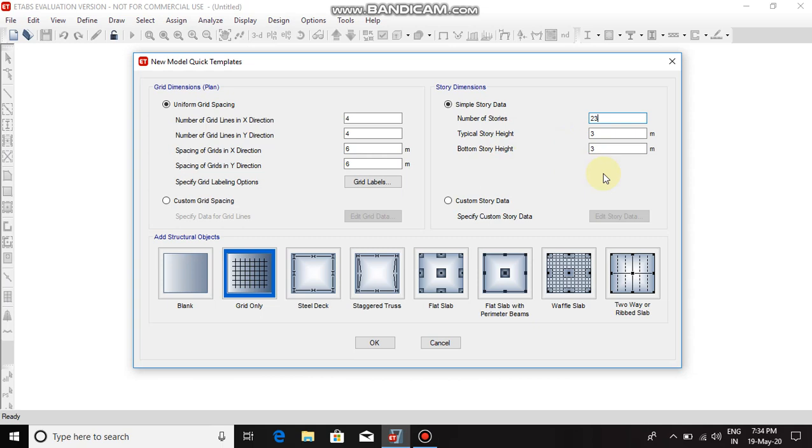Now you need to define the similar stories, so select custom story data and click on edit story data.